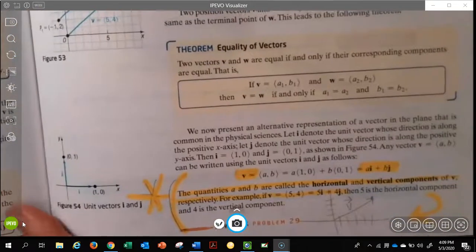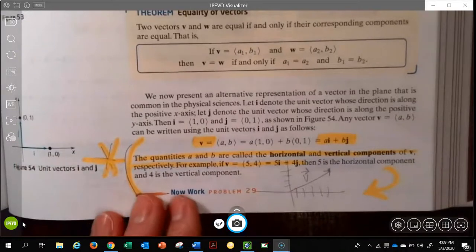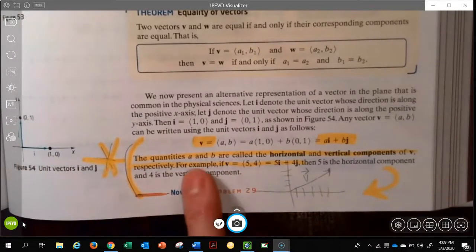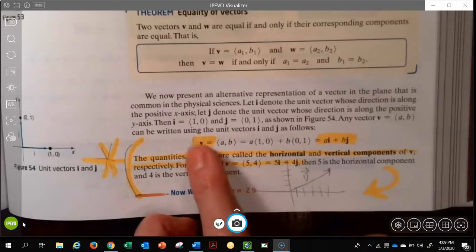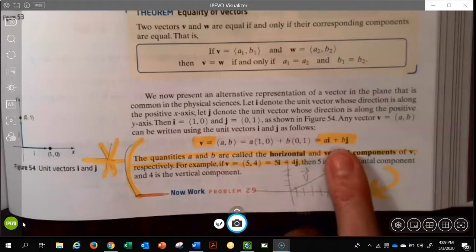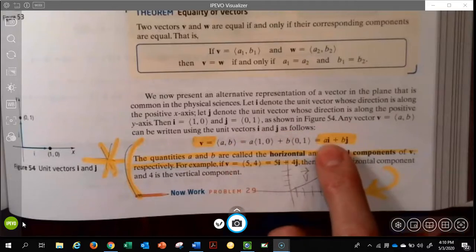But I just showed you something that had a little a and a little b, and it's like, where did those come from? I'm at the bottom of page 613, and at the bottom of that page, I'd like you to highlight or point out just some of these pieces. You see I have a vector v, and I'm going to jump over all of this and go straight to the back end. You can write a vector multiple ways, but I want us to focus on this one,